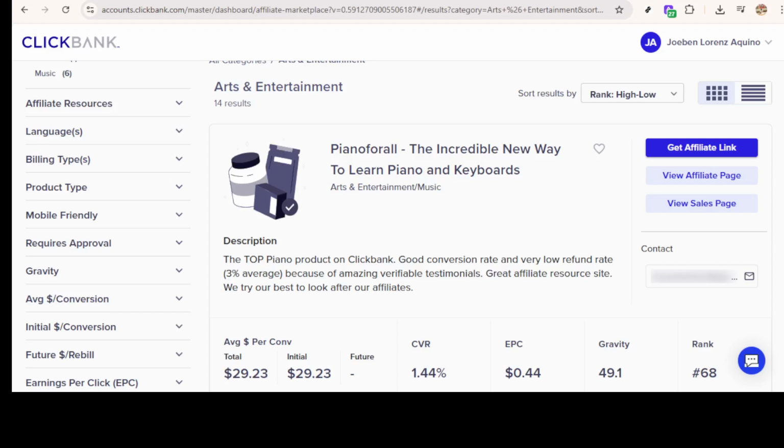That's it. Dashboard, affiliate marketplace, highlighted metrics, and the Arts and Entertainment category for a clear comparison. Use initial sale conversion for quick cash flow expectations and average gross conversion to judge long-term